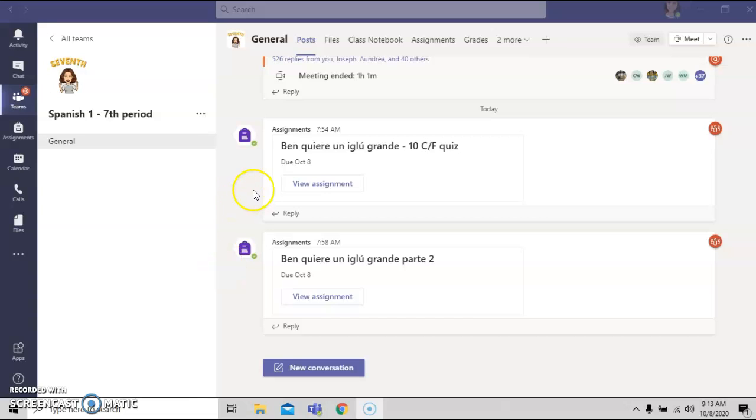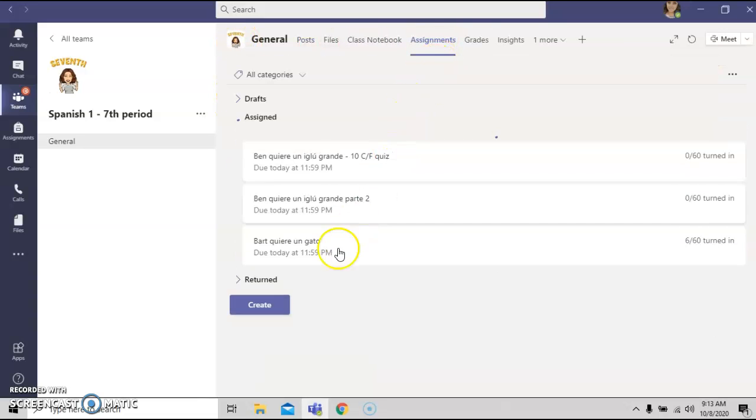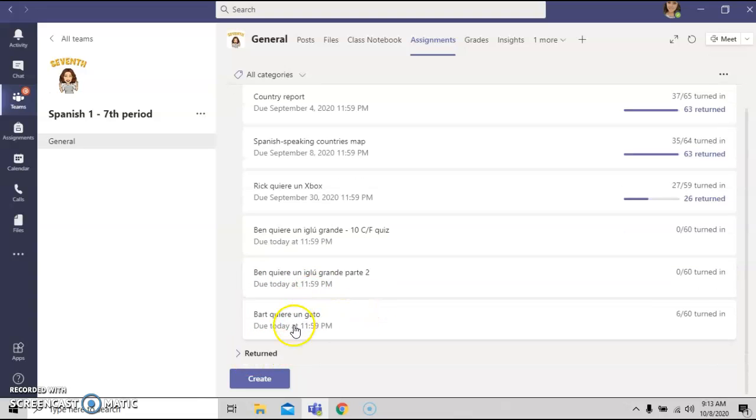Good morning. All right, here I am in my team. This is just one of my teams. If I go over to my assignments, I created this assignment